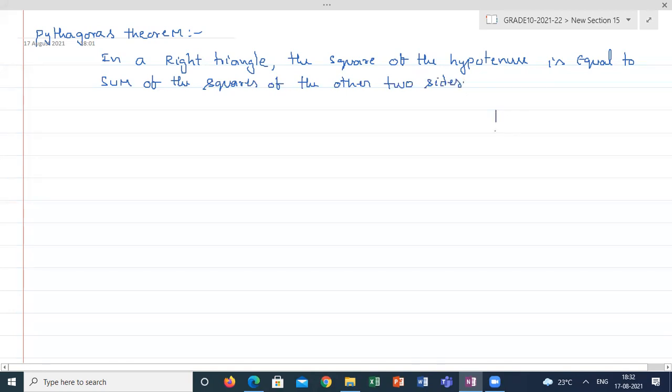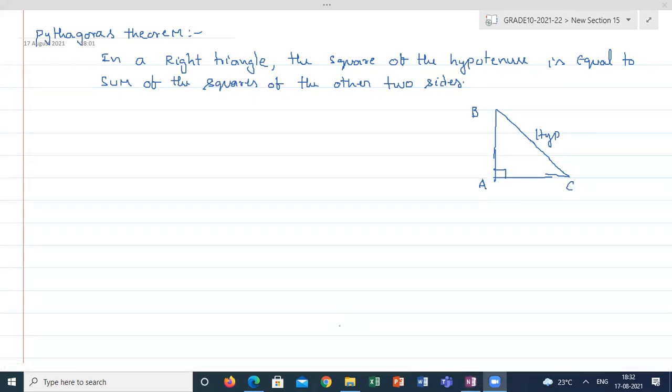Suppose I am taking a right angle triangle like this. Based on the definition of the right angle triangle, the side which is opposite to the right angle is called the hypotenuse. ABC is a right triangle where the right angle is at B. Sorry, I'm taking it at A. BAC is a right angle triangle where the right angle is at A. The side which is opposite to the right angle is known as